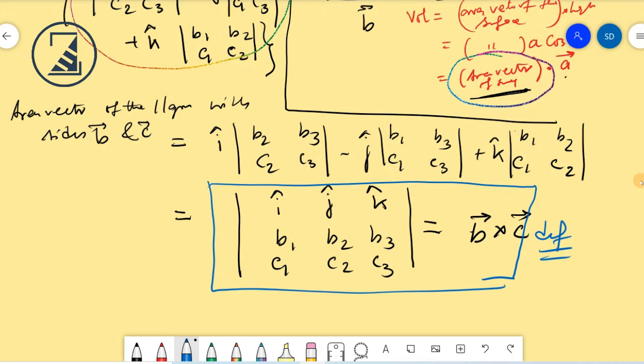Now you know why. Why should we say that area is b cross c, and why should we define b cross c by this determinant? I hope this is clear. Why are we defining b cross c in such a weird determinant? In many senses, this is not actually a determinant, because a determinant maps to a real number, but this will not give me a number, it will give me a vector. So this determinant is not actually a determinant in some sense. It is just a way of representing this formula of b cross c.